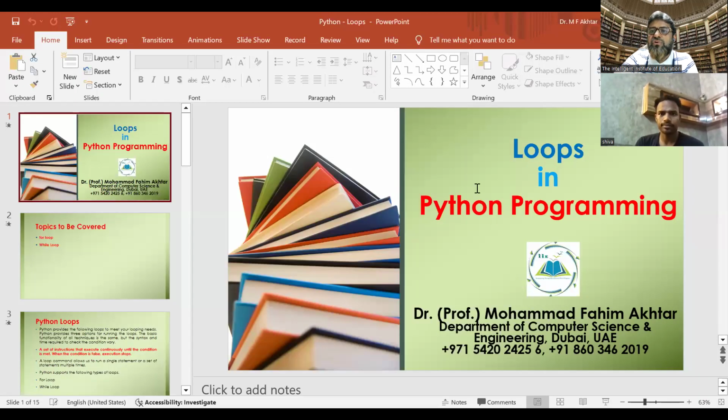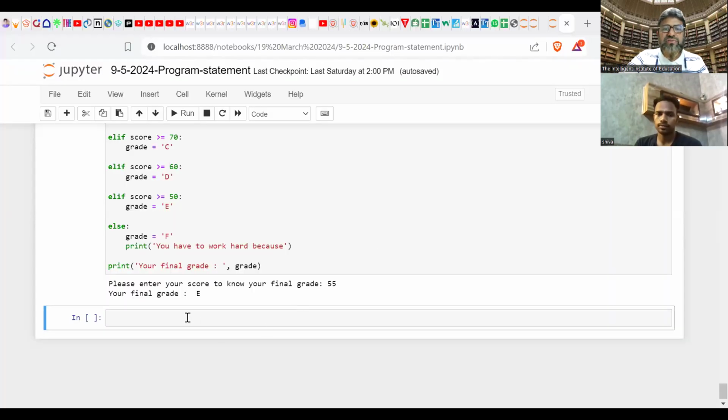Okay, so now I am going to share the programming concept with you so you can understand it, right? Here I am going to share the Jupyter notebook. First of all, the concept I explained is called a for loop. So for the for loop, I am going to write here, for example, n is a number, and in n I am going to declare a list. What is a list? A list contains a collection of different types of data, multiple data items. For example, I am going to enter here 10, 20, 40, and 100.